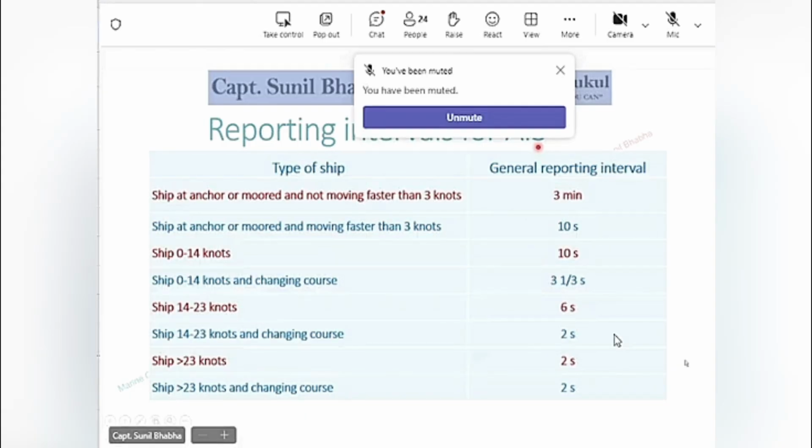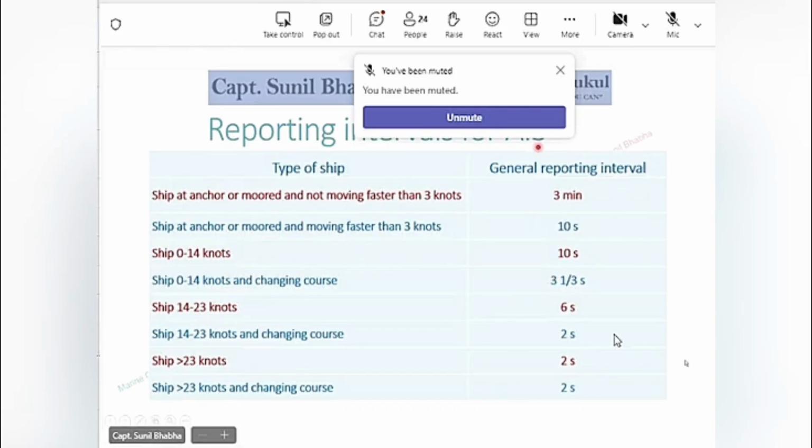For a ship which is at berth or which is at anchor, the data is not changing at a very fast pace. The dynamic data is also stable. It is not changing. That is the position, course, speed, everything. The static data remains the same. The voyage related data is also not changing. So we require a much lesser frequency. The messages need not be transmitted at a very fast rate because the data is not changing.